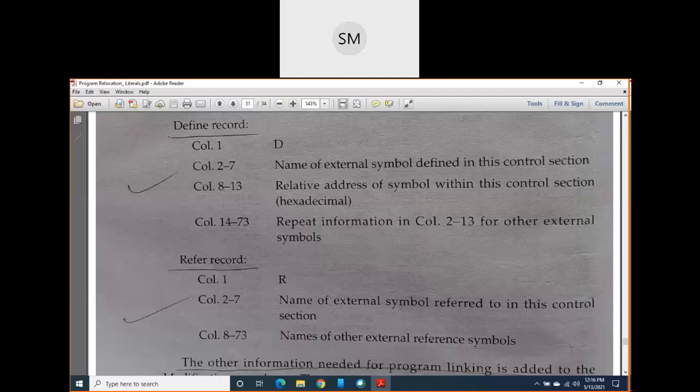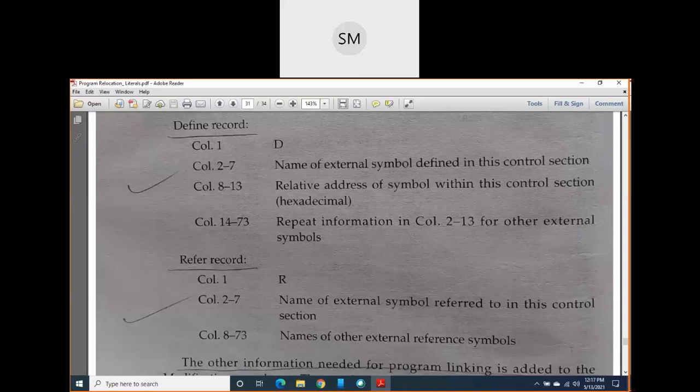Okay, but since you are using control sections here, and you are using two assembler directives here, external definition and external reference, you should include two more new types of records in your object program. Those records are define record and refer record. So totally, how many records may be present in your object program now? You already know header record, text record, end record, and modification record.